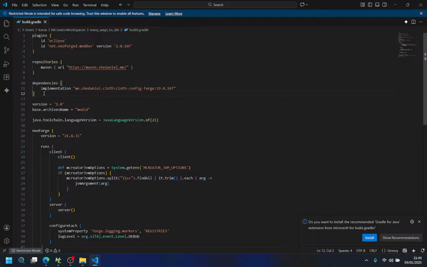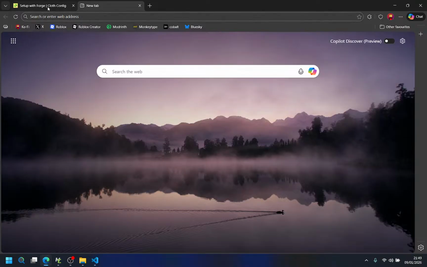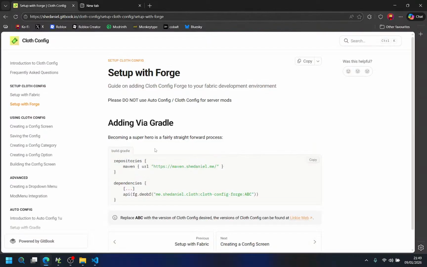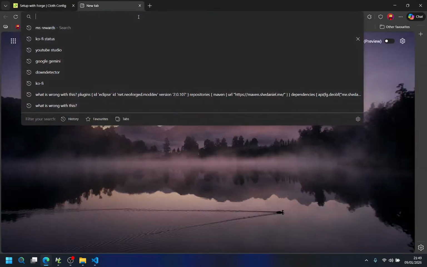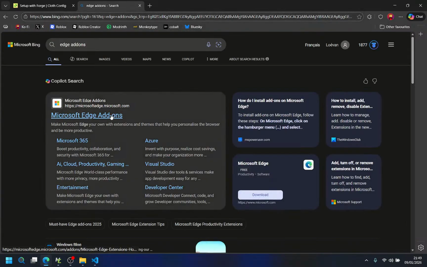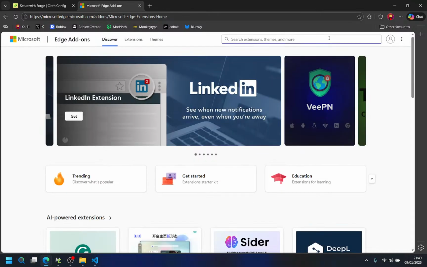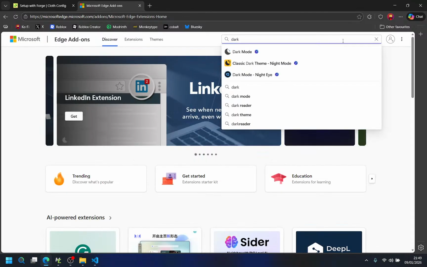Wait, is that actually true? You set up with Forge. Oh my. I think I should. Wait. Edge add-ons. Accept. No way, it's not.